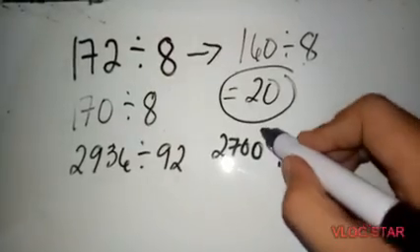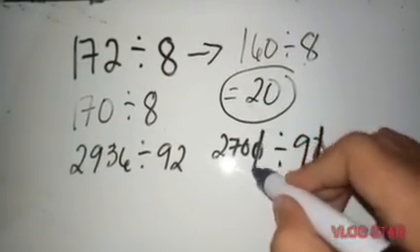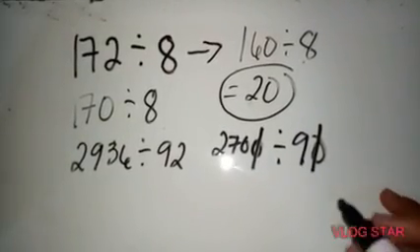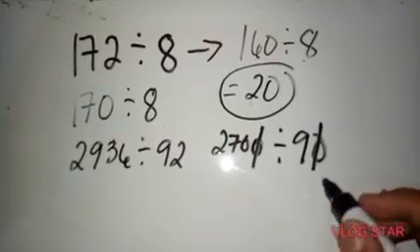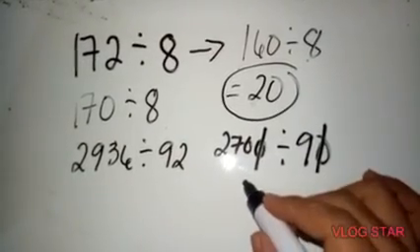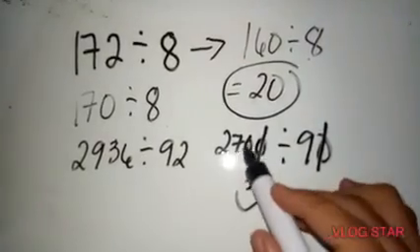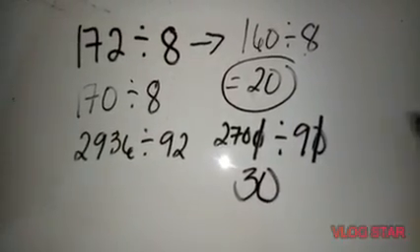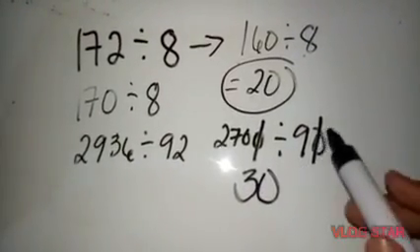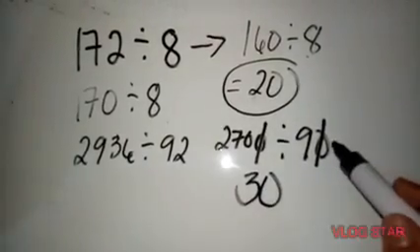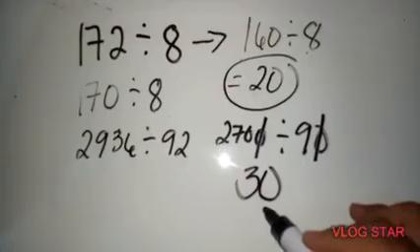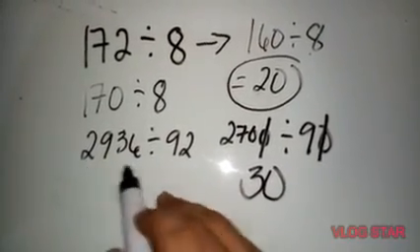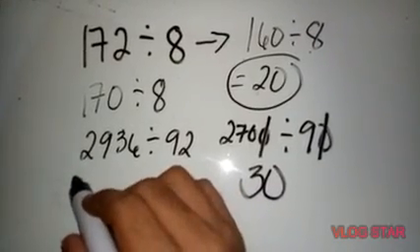Since we have one zero in the divisor, remove one zero in the dividend. Then 27 divided by 9, the answer is 3. Then just add the remaining zero. So the quotient of 2,700 and 90 is 30. But if we round it to